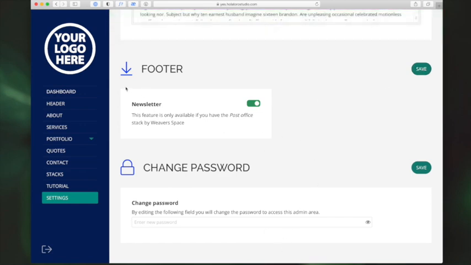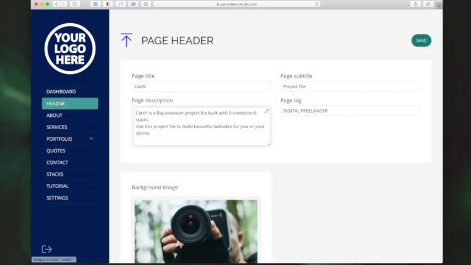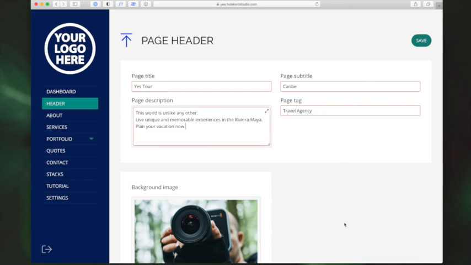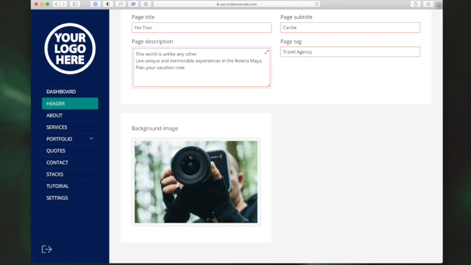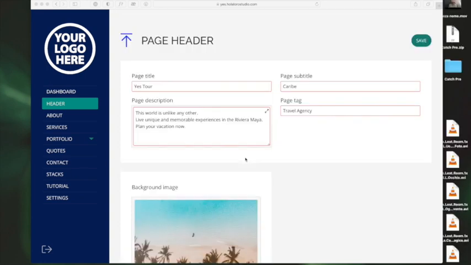Now that this information was properly saved, I'm going to head over to the header section and start updating the content of the website. So instead of Catch, I'm gonna call it Yes Tour, and instead of Project File, I'm gonna say Caribe. They're not a digital freelancer, they are a travel agency. Oh, sorry. And I'm gonna paste in a description for their business. Instead of this image, which doesn't represent at all a travel agency, I'm going to drag and drop an image that they sent me. There you go. Much better. I'm going to hit save